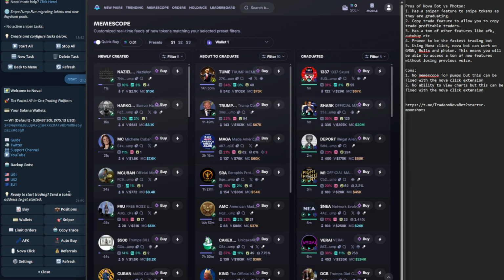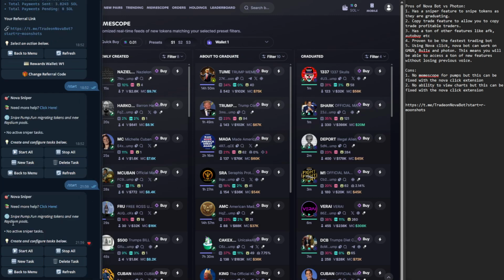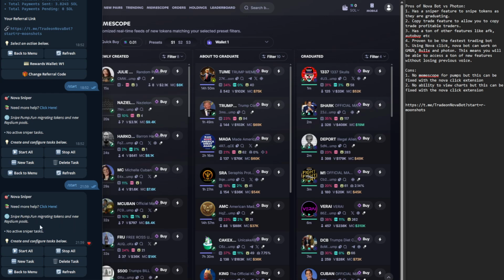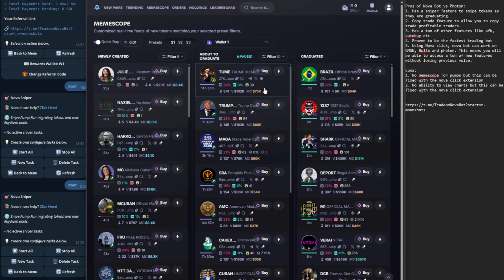Now, this can be done through the Telegram bot, through the sniper module, as you see here. As you can see here, it lets you snipe pump from migrating tokens and new Raydium pools. So you can set a task to snipe a particular token here on the about to graduate tab while it's migrating. As well as that, you can also snipe directly through Memescope on Photon using the